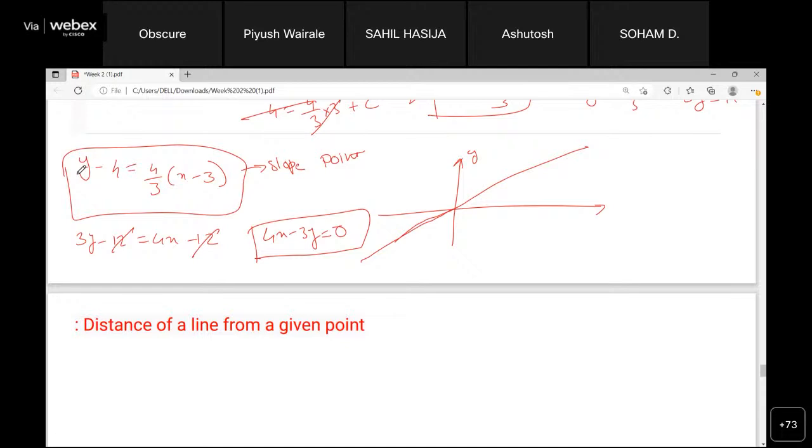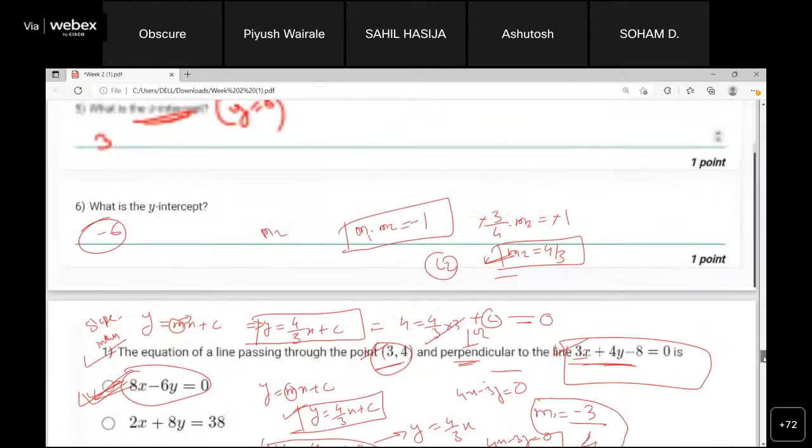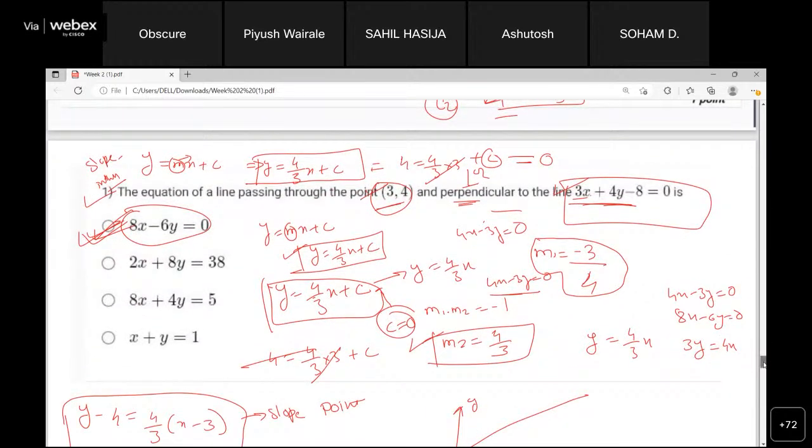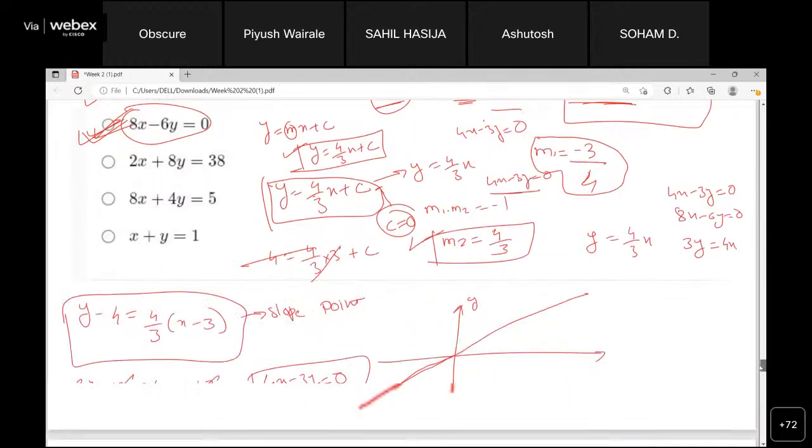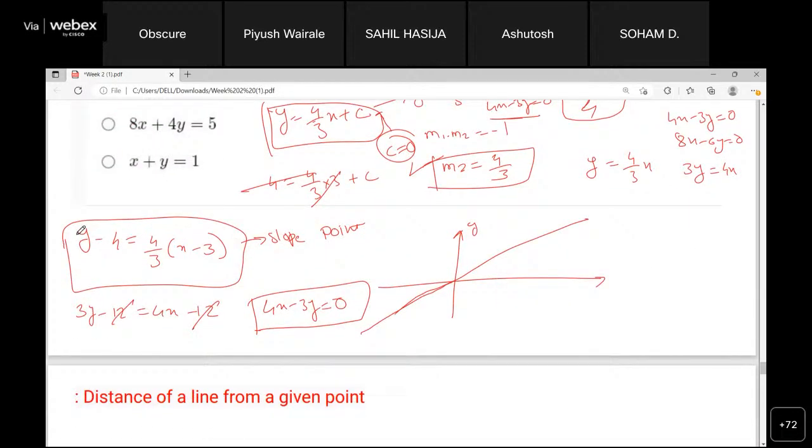How did you find the x and y intercept? Like using the mx plus c, or which formula, to find intercepts? In this question, are you asking? Yes. So I am using, supposedly, the slope intercept form. That's why I am using this c. You can use the slope point form directly also. There is no need to calculate the value of intercept. You can directly use this equation. You will get this equation only.